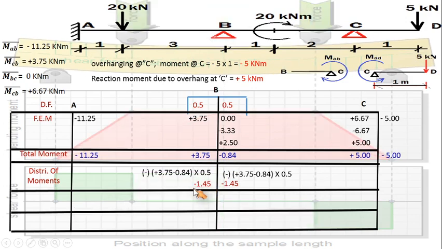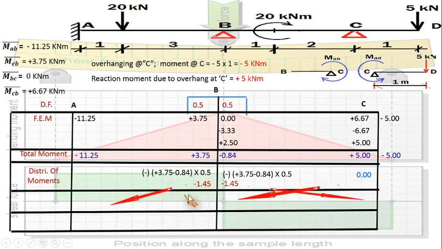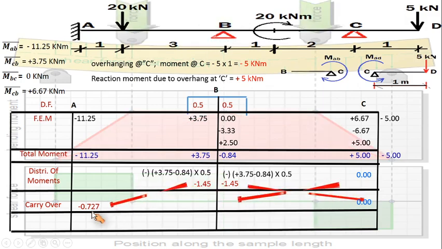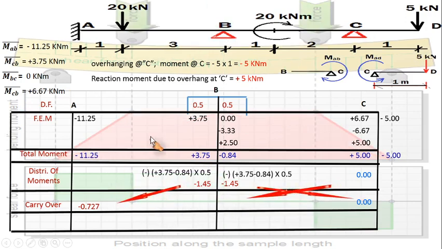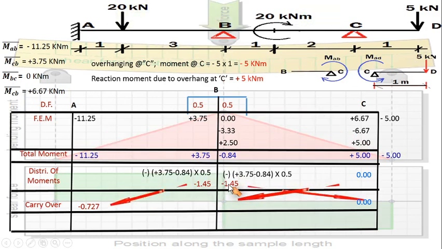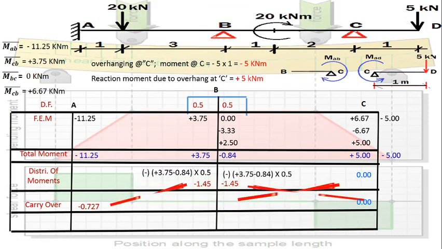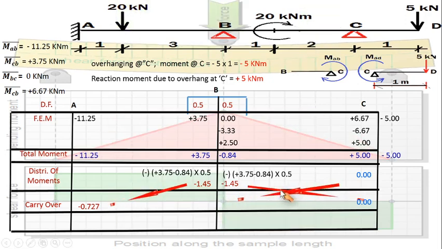Is it okay? So here let us do the carrying over of the moment. Is it okay? So half of that is to be transferred to the far end. So you can see here half has been transferred to joint A, but nothing has been transferred to joint C. Why? This is simple and this is a fixed support. Is it okay? So this is the moment distribution we had about joint B. Now looking at these two values, as they are the same, which was our earlier basic notion that these moments have to be equal to 0 about point B for the left hand part of B as well as for the right hand part of B, and this has come equal to the same value.